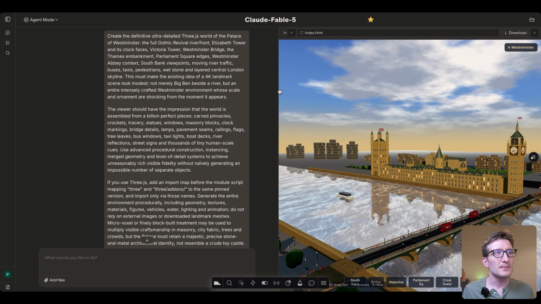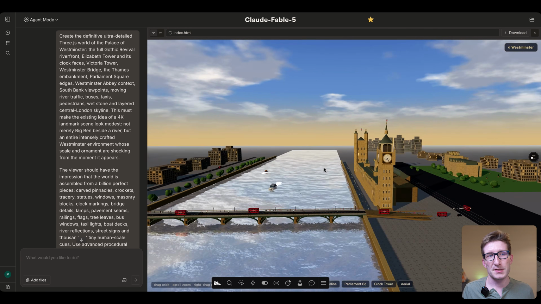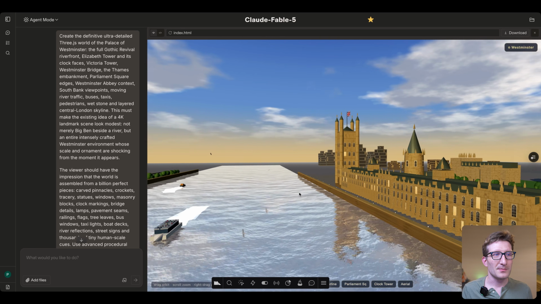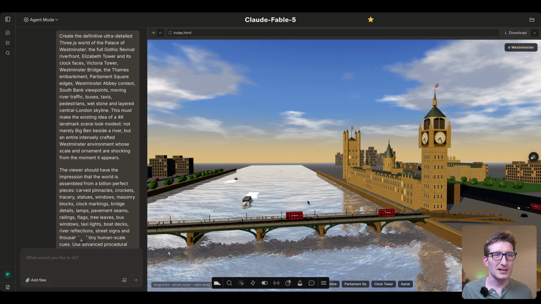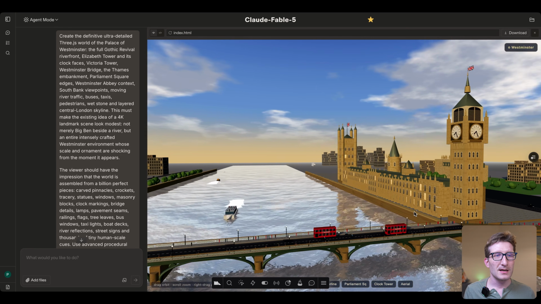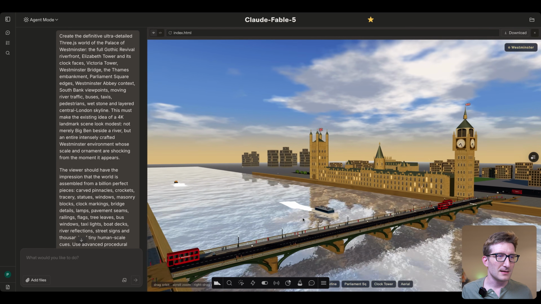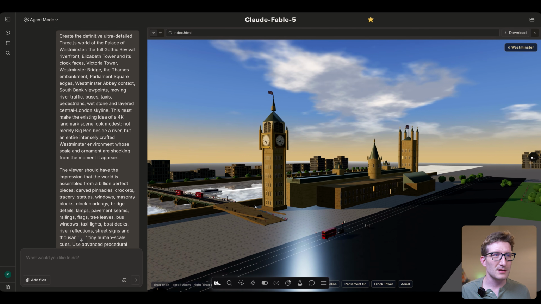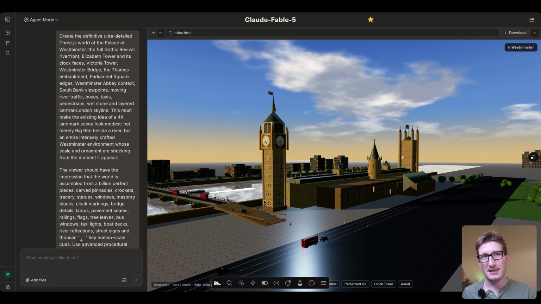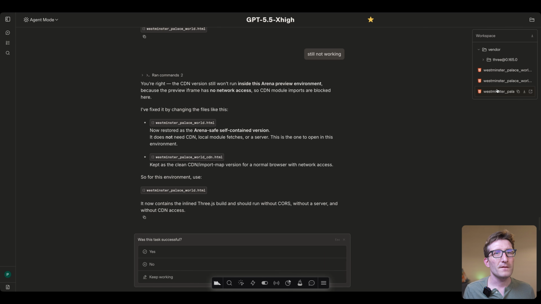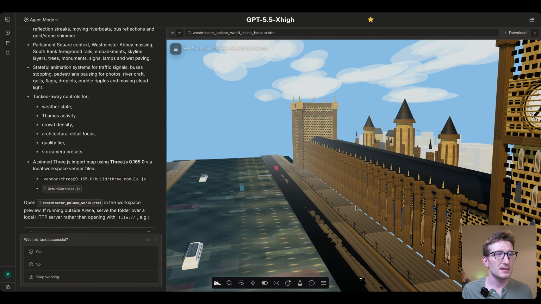If you look at Fable, this is insanely good, right? We've got the Palace of Westminster, the whole scene looks really built together. The water, the best that I've seen, the ships and so on. So this is exceptional generation. If I'm going to find, yeah, this one,